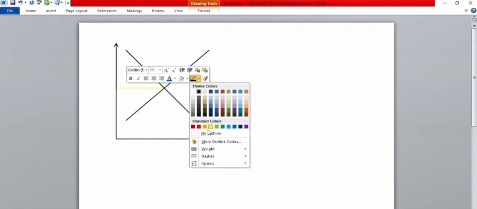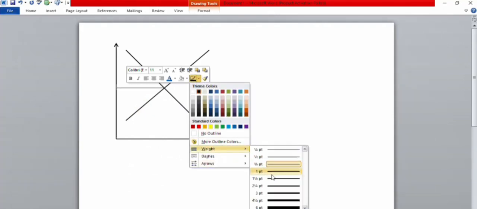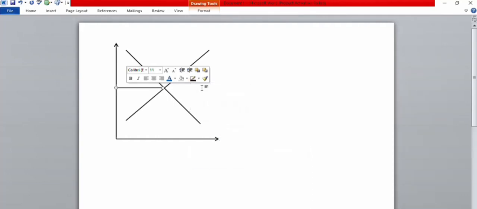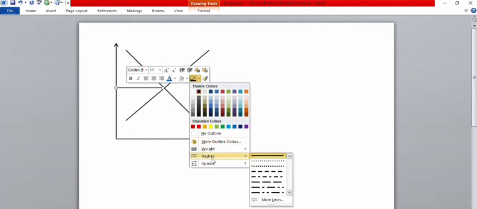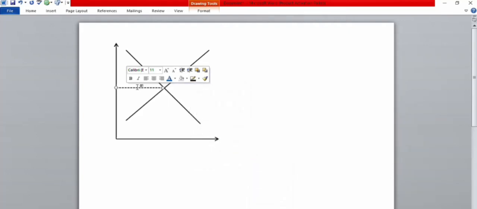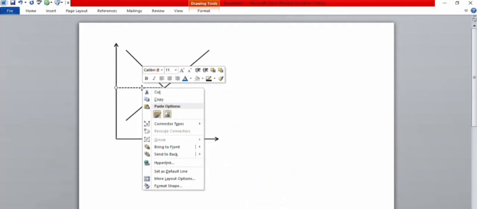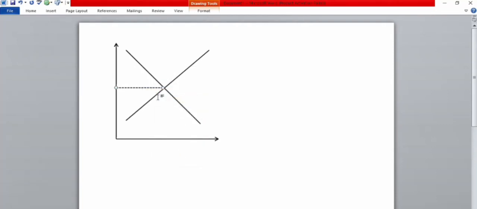But I also want to use an imaginary line to draw this, so I will just use an imaginary line by going back to outline and using dashes. So I'm just going to use dashes and then draw. So this is my dashes. Afterwards I have to copy this and then paste it, because I want to use that one to also draw my quantity axis, that is the equilibrium